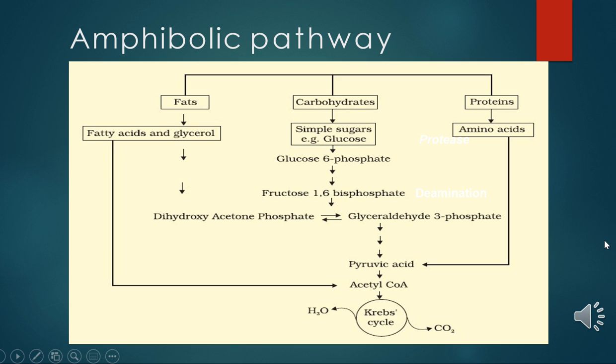Now let's study the amphibolic pathway. We all know that glucose is the favored substrate for respiration. All carbohydrates are usually first converted into glucose before they are used for respiration. Other substrates can also be respired, as we have studied earlier, but they don't enter the respiratory pathway at the first step. Fats would need to be broken down into glycerol and fatty acids first. If fatty acids are to be respired, they would first be degraded to acetyl coenzyme A and then enter the pathway. Glycerol would enter the pathway after being converted into